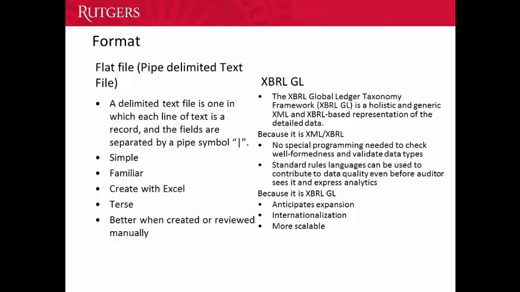Common delimiters include the tab character or various punctuation characters. The delimiter should always be one which does not appear in the data. Pipe delimited text file uses the pipe symbol